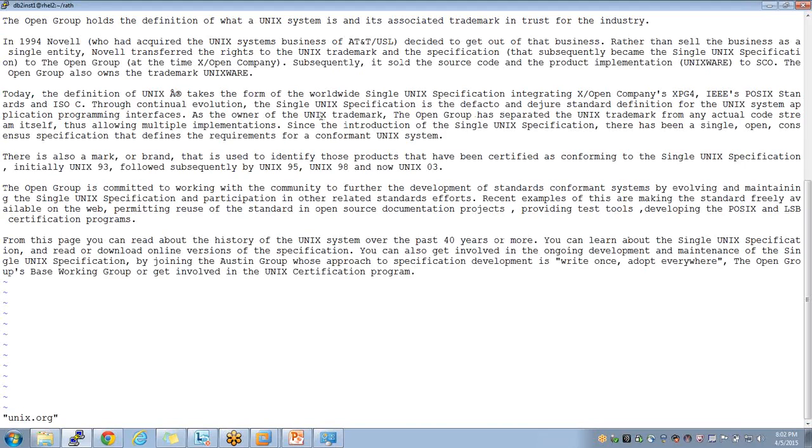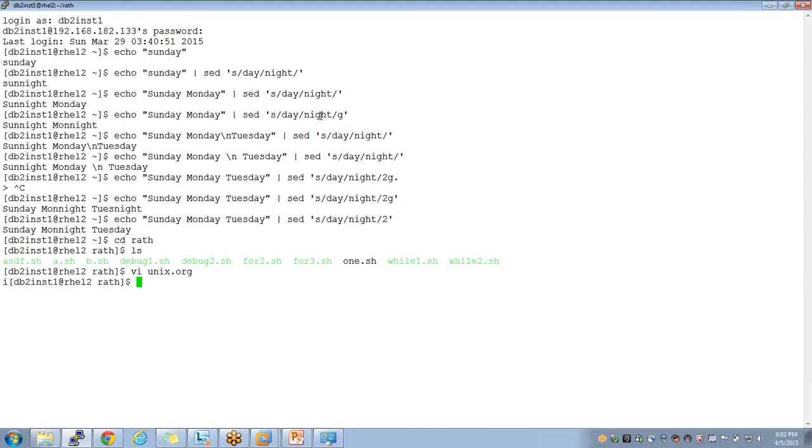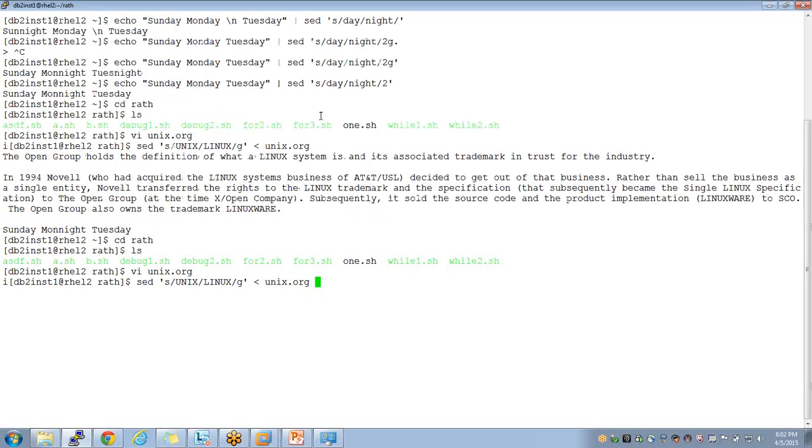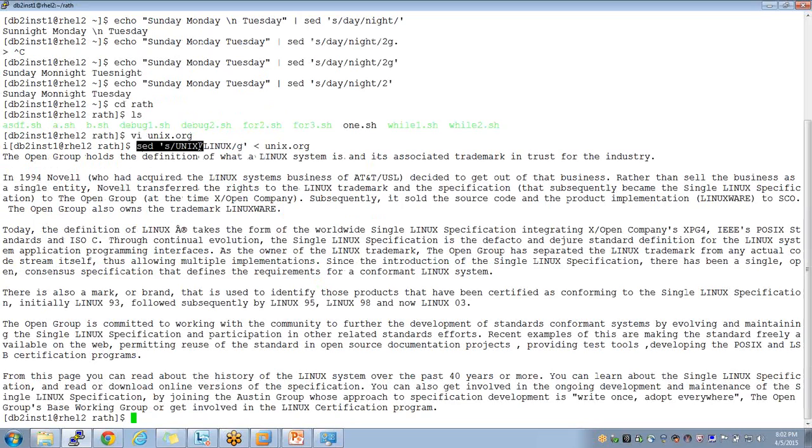So if you want to replace all such things in one shot, all you have to say is sed replace Unix with Linux, taking input from unix.org, and the result will be displayed on the screen. By default, the output will come to the screen. All Unix will be replaced with Linux.